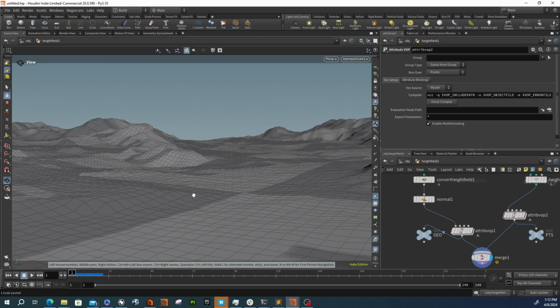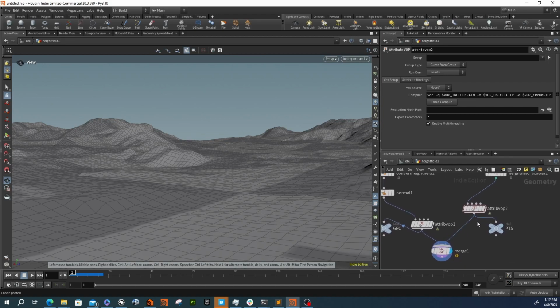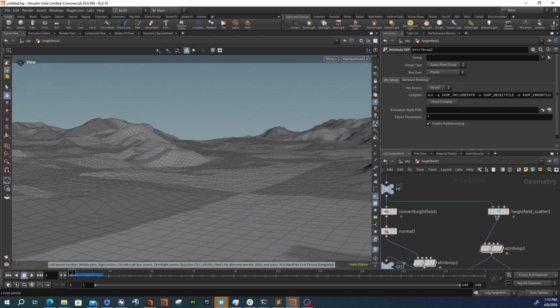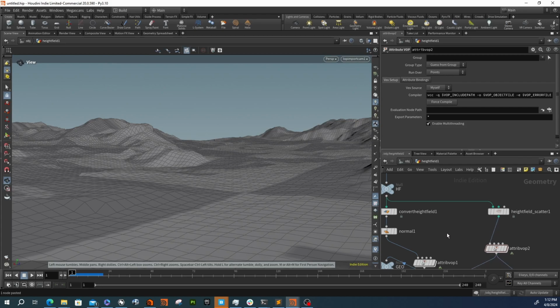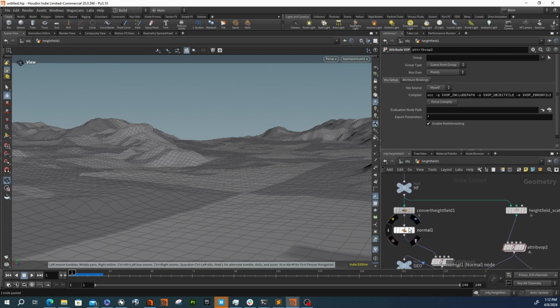And take a look, and we can see that our points moved with our surface. Now, sometimes you won't get a perfect transfer. If we look at this, we need to make sure that we have a UV attribute, which in this case we do. So it's pulling the UVs and it's able to displace on that. We probably would want to copy normals over just to make sure that the normal direction is the